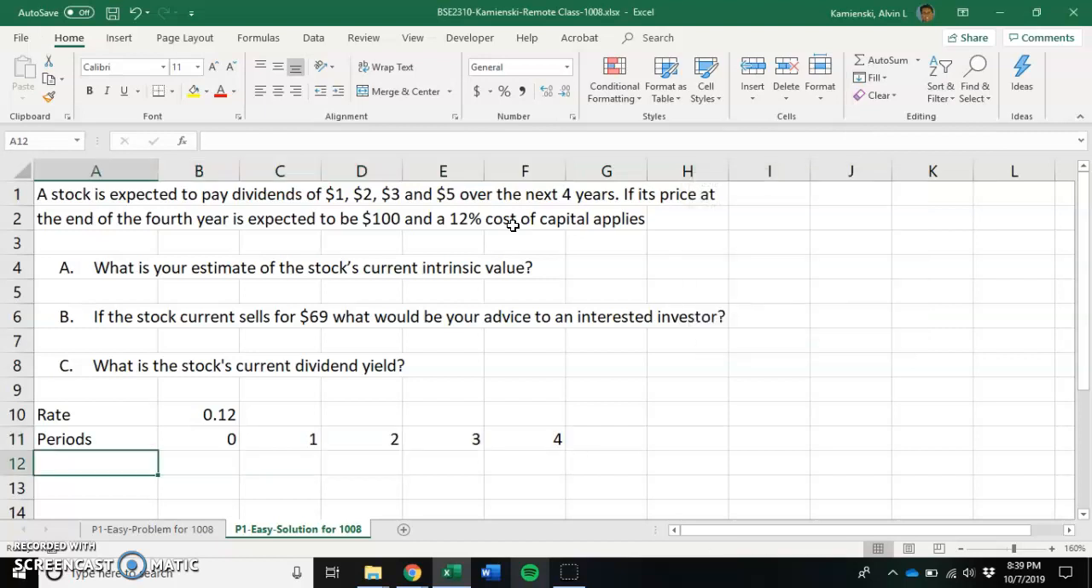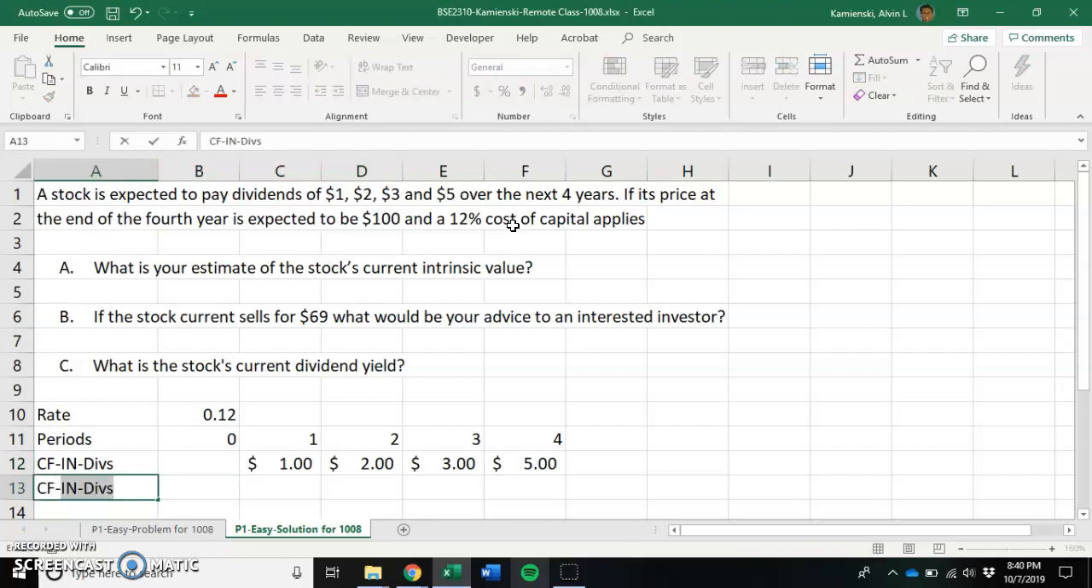Then we have cash flows. If you think about the cash flows that you would get, some of them would be what we call dividends. It suggests $1 in 1 year, $2 in 2 years, $3 in 3 years, and then $5 in 4 years. So those would be the cash flows you could receive. Then you could also receive cash flows when you go to sell this stock at the end of the 4th year for